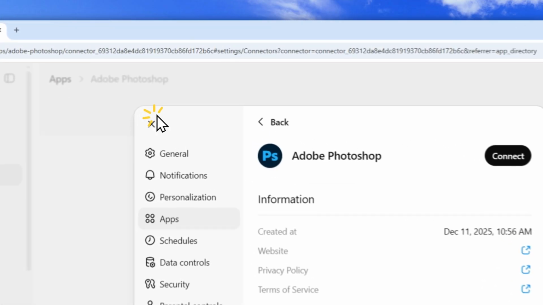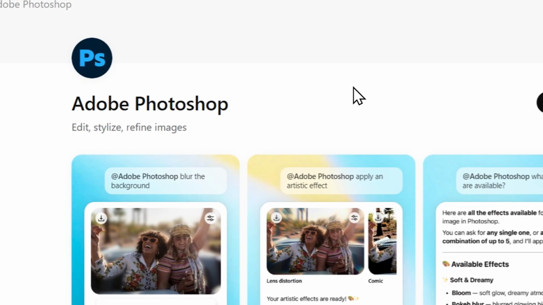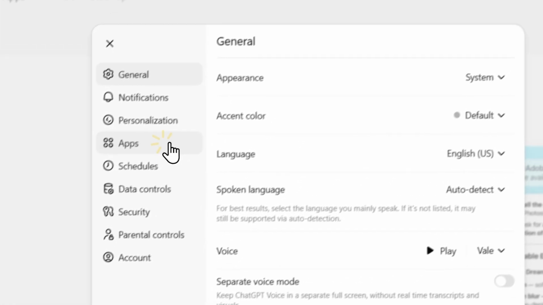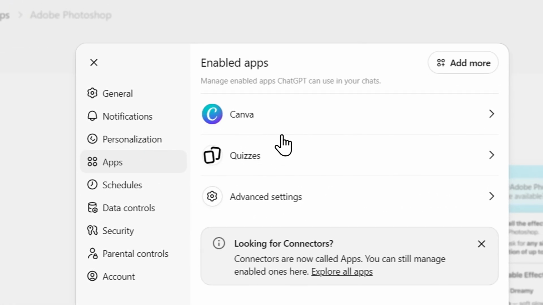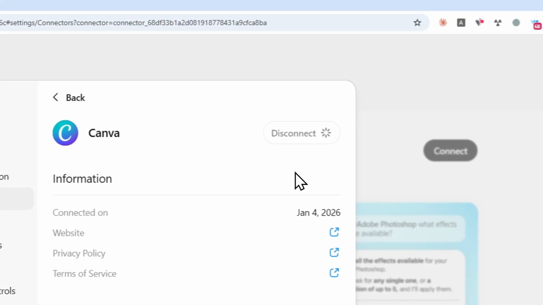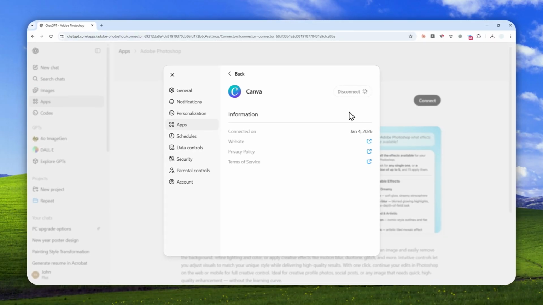Now, another way you can uninstall third-party apps on your ChatGPT account is by opening your profile and then go to settings and then go to apps, and then you'll see a list of apps that are available on your account. You can open it and then you can click disconnect. So that's another way you can disconnect third-party apps from your ChatGPT account. But yeah, that's basically the whole process to remove connected apps from your